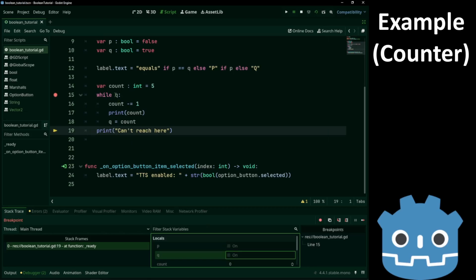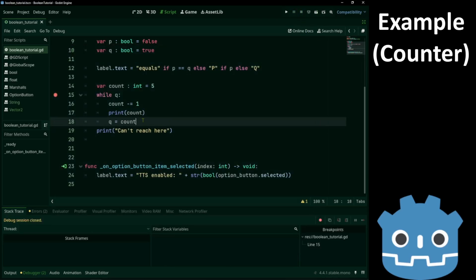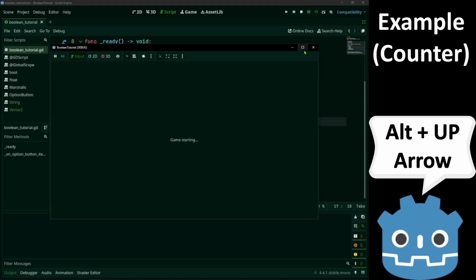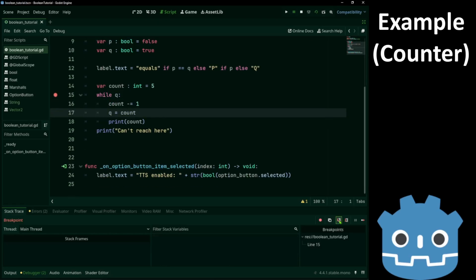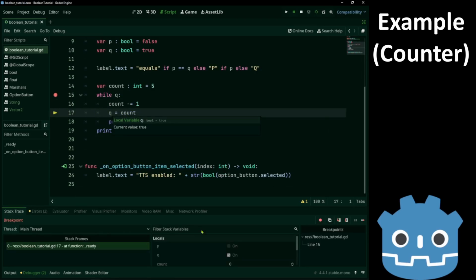The value of Q is checked at the start of every loop. So if I set it to false on a different line, you can see now it's true.